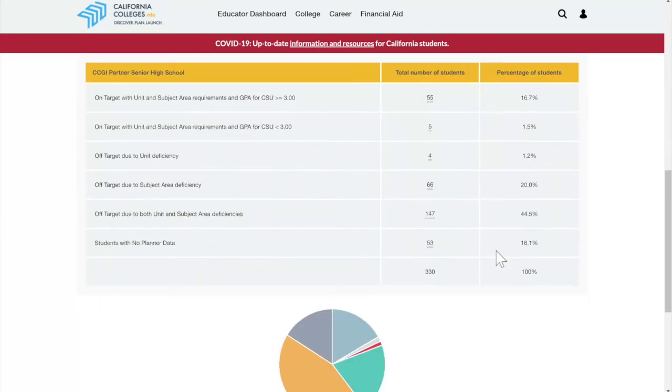This report allows you to track how well your students are doing towards meeting CSU eligibility requirements, including A through G progress, both for subject area requirements and overall unit progress. It also breaks this data down based on Cal State GPA, so you can easily follow up with the appropriate intervention for your students. The information in the report is based on the most recent transcript data provided by your